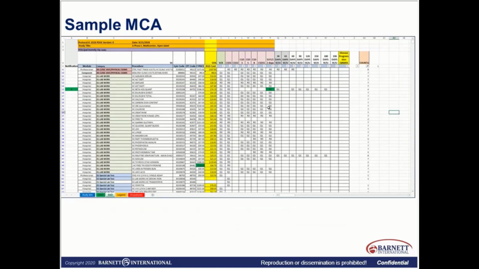Here's an example of a Medicare coverage analysis. It's a little blurry, so I have some handouts in the case studies in your packet that we'll go over later today. I just wanted to give you an overview of what one looks like. The study demographics are at the top part of your document, and include maybe your PI's name, the study name, your IRB number that you've been issued by your particular site, and the date that this was created. The reason this date is important is because